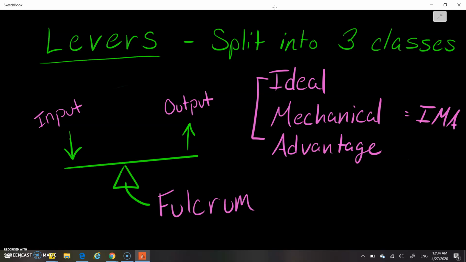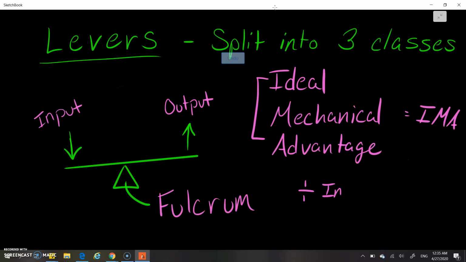So whenever I refer back to the IMA, I'm looking at the ideal mechanical advantage. Anytime I'm looking at a lever system, I am basically going to divide the input